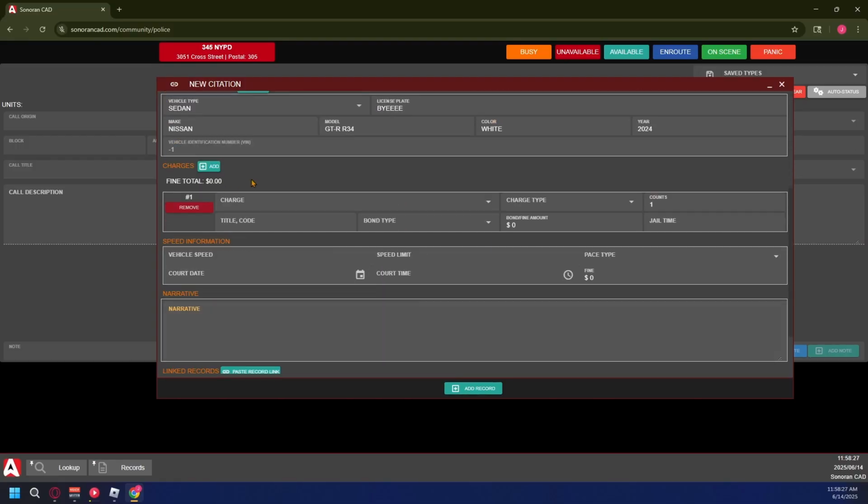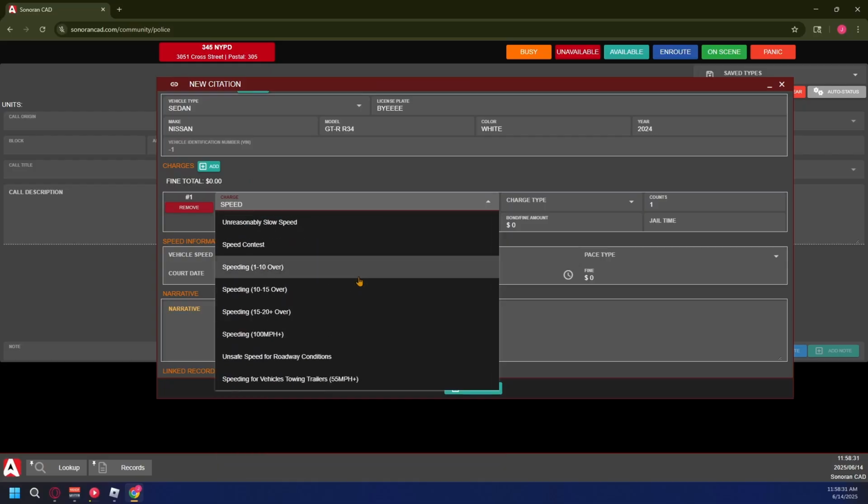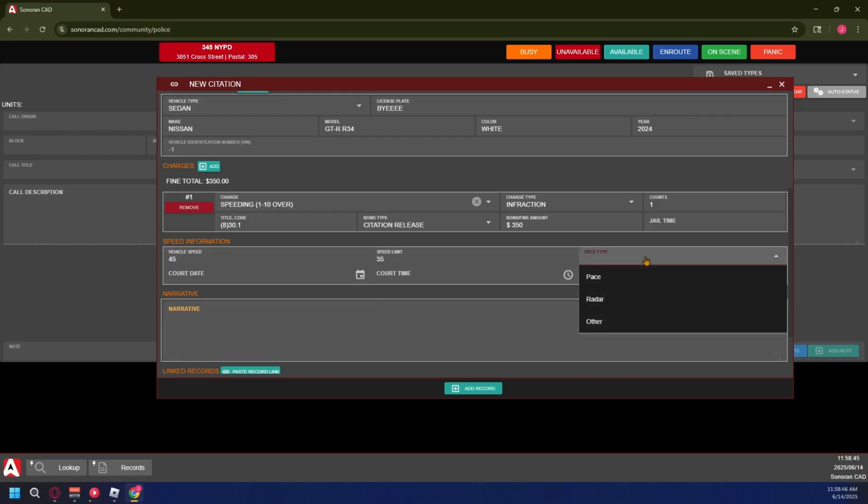So now charges I can add. The charge is going to be speeding. He was going 1 to 10 over, and it fills out all the info here. No jail time counts, and boom, it fills out everything. Vehicle speed, we just say he's going like 40, it's a 45 and a 30. 35. Pace type,